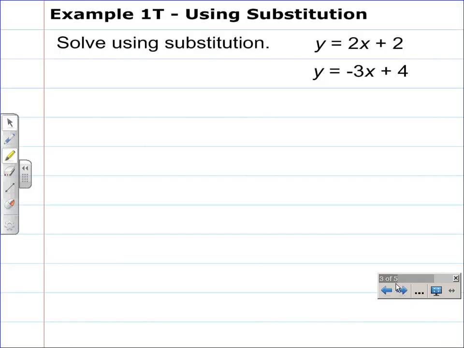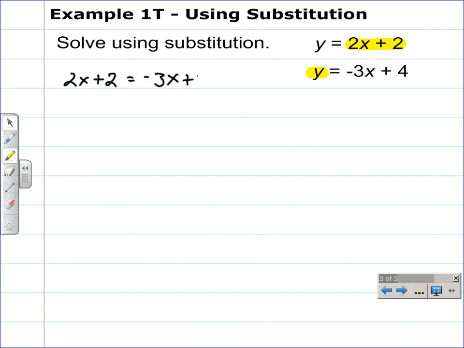So let's take a look at example 1 using substitution. This is like the first example I did on the previous slide. y is equal to 2x plus 2 and y is equal to negative 3x plus 4. We can see that both equations are already solved for y, so what we need to do is simply take this part of the first equation and substitute it into y in the second equation, so that the equation we need to solve is 2x plus 2 is equal to